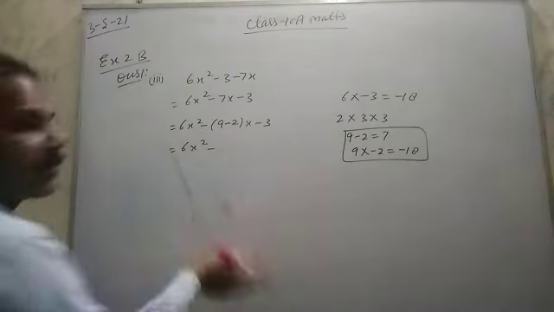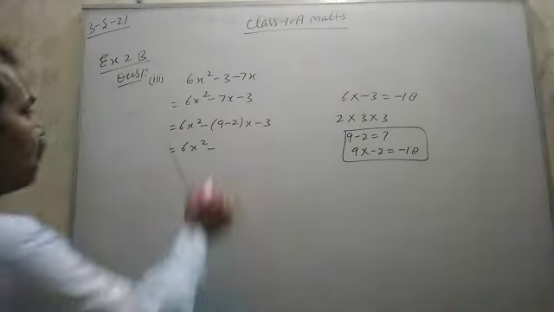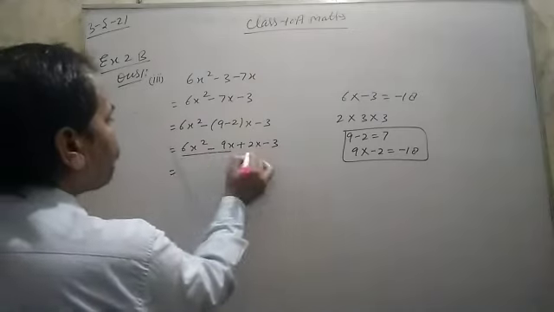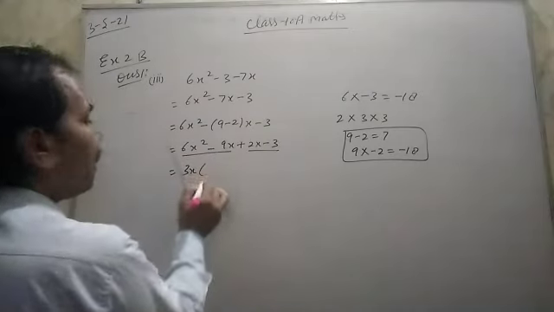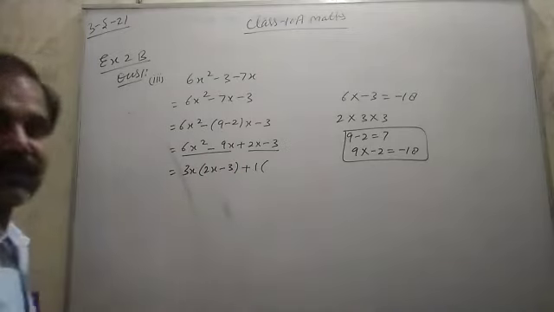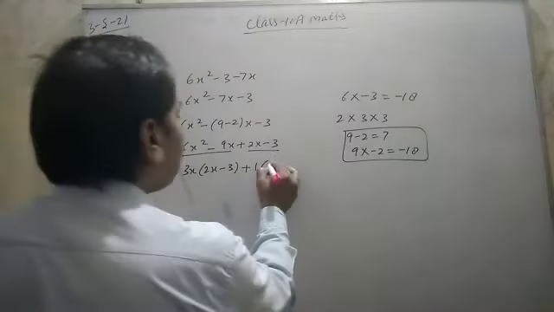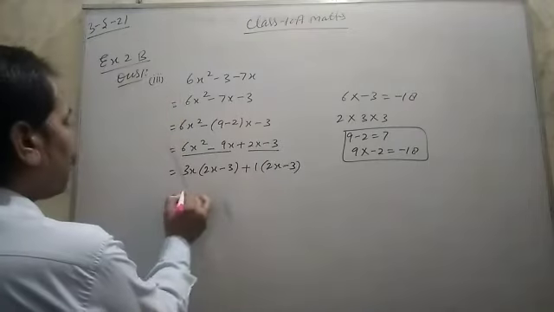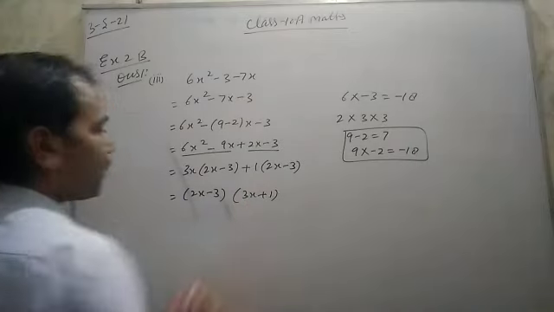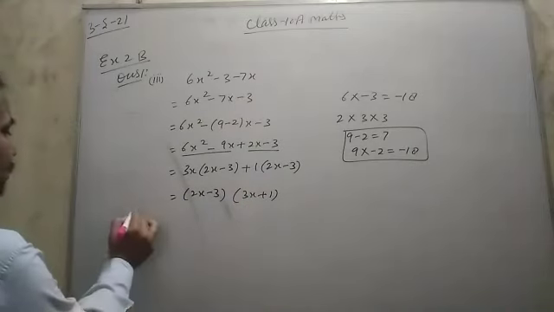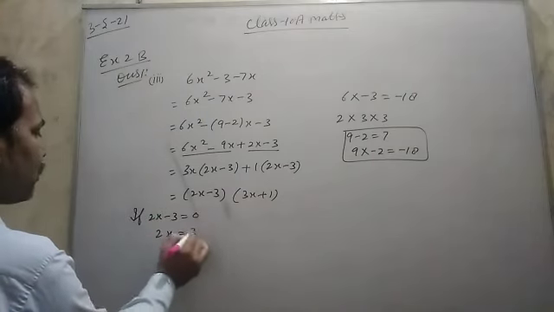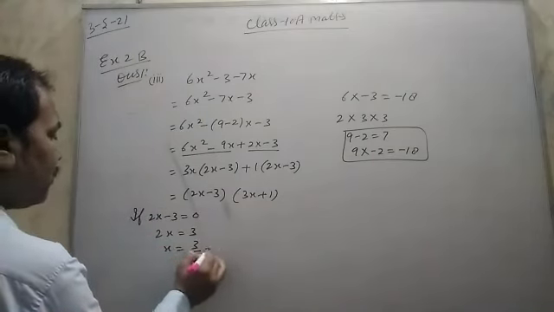Then same like that first part you do. So minus 9x plus 2x minus 3. Make pairs. From the first pair, take 3x common. So 2x minus 3. From the second pair, nothing is common, means 1 is common. Then this bracket is common in both terms. So in the second bracket 3x plus 1. Then separately put 0. So if 2x minus 3 is equal to 0, so 2x is equal to 3. So x is equal to 3 by 2. That is alpha.